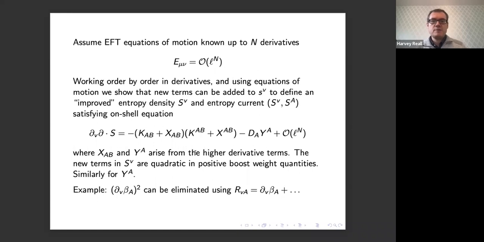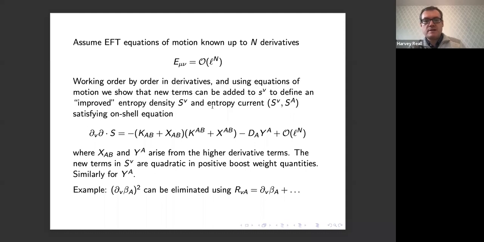So what we show is that if we assume the effective field theory equation of motion is known up to n derivatives, as I explained earlier, so here on the left, these are the terms we know with up to n derivatives. On the right, this is the stuff we don't know with more than n derivatives. Then working order by order in derivatives and using the equations of motion, we can add new terms to the